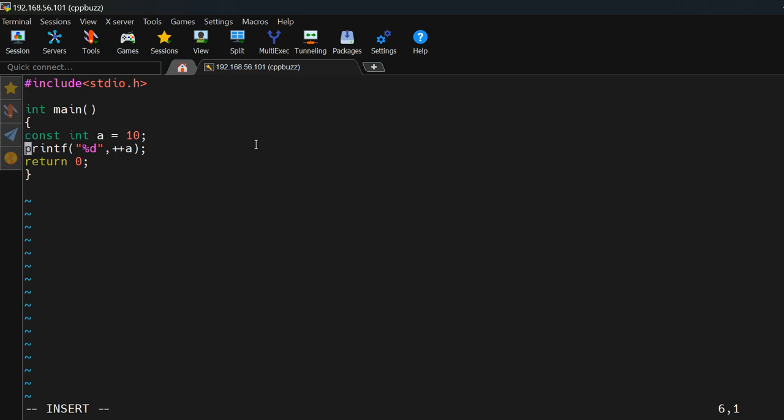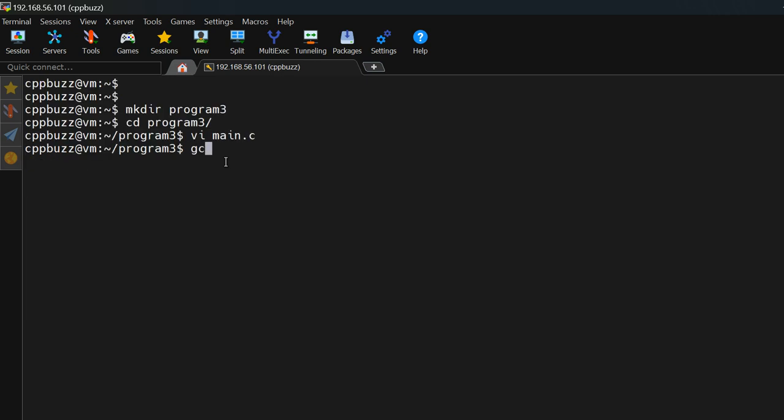Okay, so here the output of this program is compilation error, because const means the variable is constant type. In other languages we can say the variable is read only, we cannot modify it. So at this line we are trying to modify it. This is pre-increment. If I change it like this, it is post-increment. Whether you do pre or post, we'll get compilation error, because we are trying to modify the const variable here. So I'll come out, I will save this with colon, write and quit,